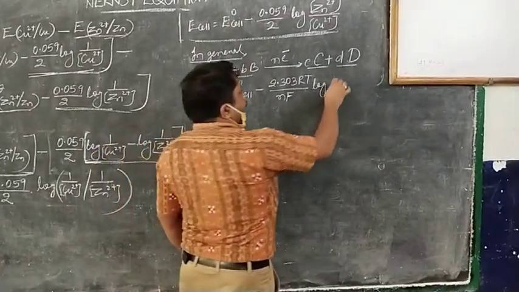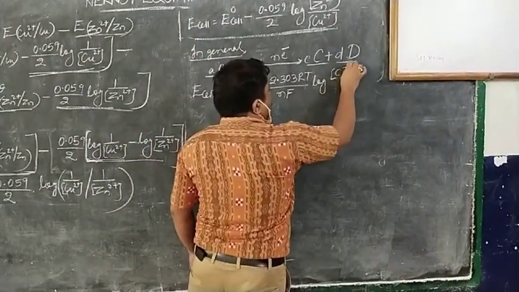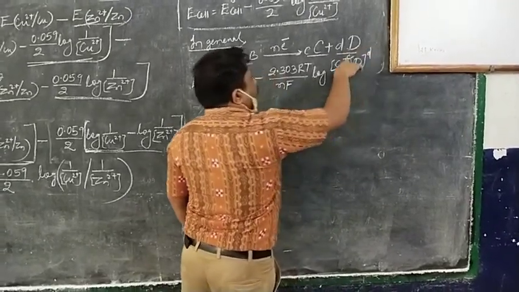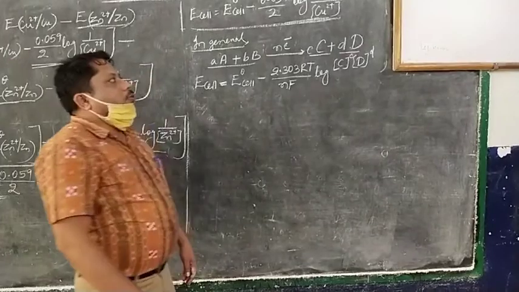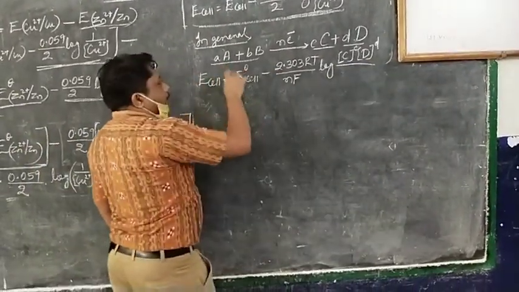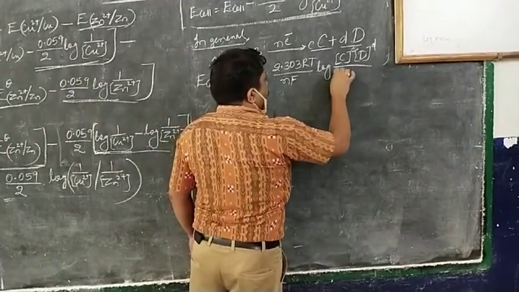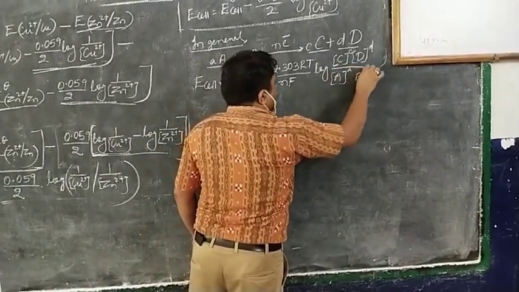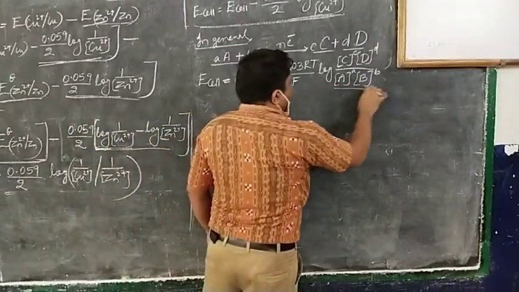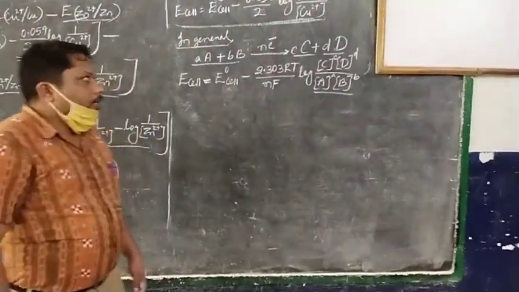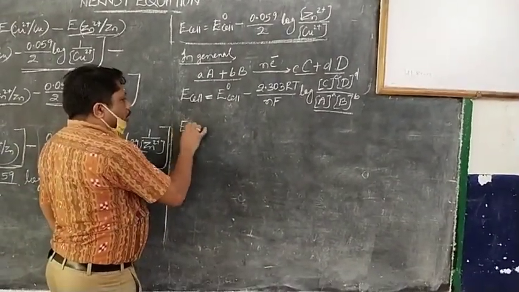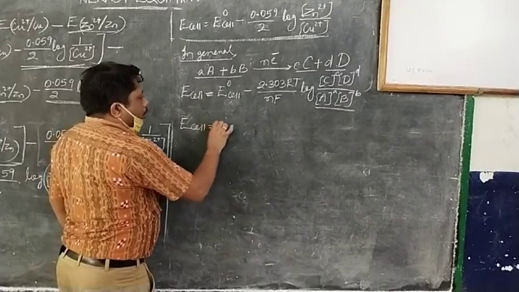Right hand side, what is it? C to the power c, equilibrium constant, you can write [C]^c into concentration of D to the power d divided by reactants, concentration of A to the power a into concentration of B to the power b. So in place of this, can you write Qc? Reaction quotient, in class 11 we have discussed. So E cell, you can write E naught cell